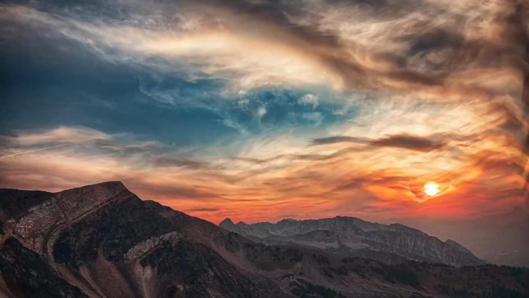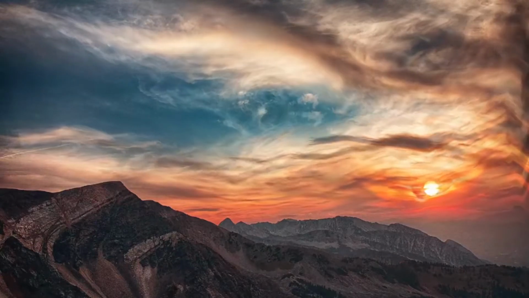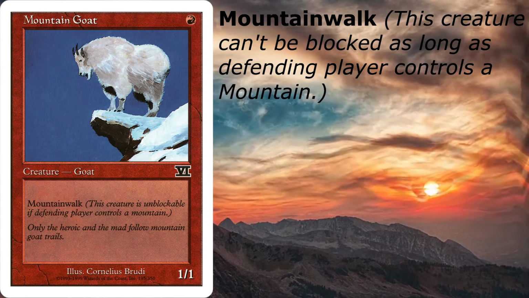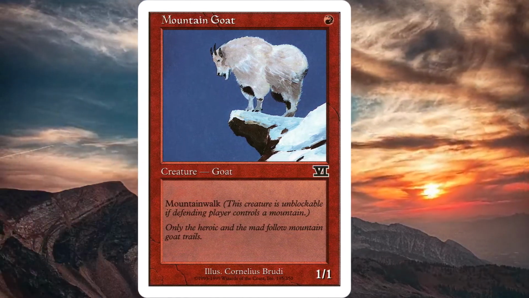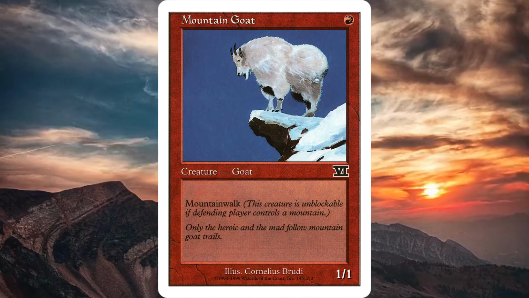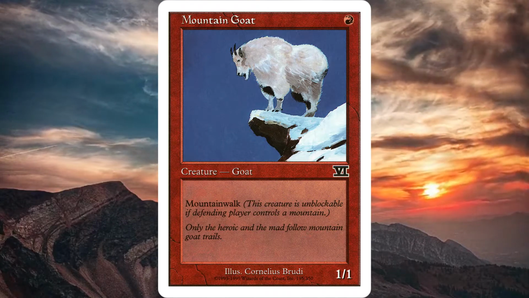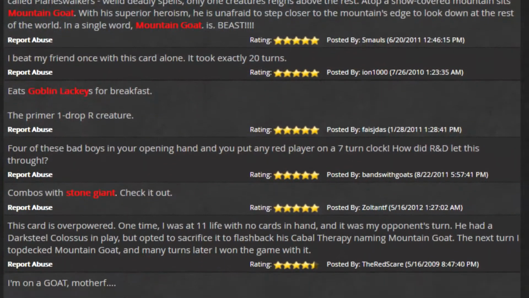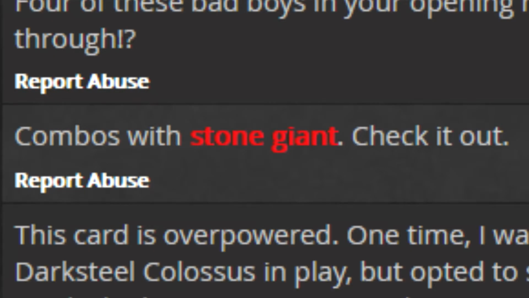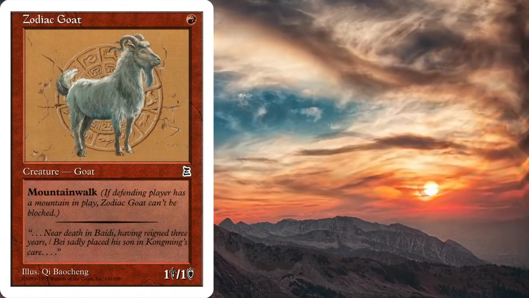Let's not over prepare for this hike and start with the first goat ever printed. Mountain Goat is a 1/1 goat for 1 red mana with Mountain Walk. That's it, nothing to hide. It's a 1/1 with evasion, one of the oldest as well, but I'm gonna say that reading its Gatherer community comments could give brain damage to someone. Combos with Stone Giant. Okay buddy, what doesn't? The next card is...